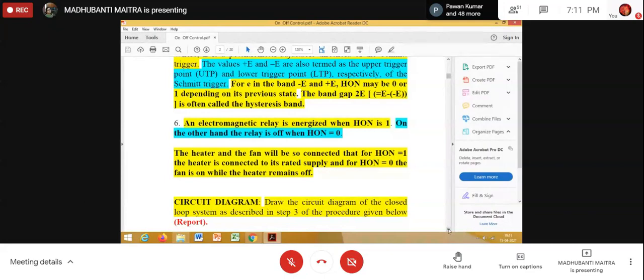The armature will be attracted towards the electromagnet and will touch another fixed contact point, and there a circuit will be made. If we remove the supply from the electromagnet, the electromagnet will be de-energized and the armature will be repelled from that point, so the contact will be broken. Have you understood anything? Yes, ma'am.